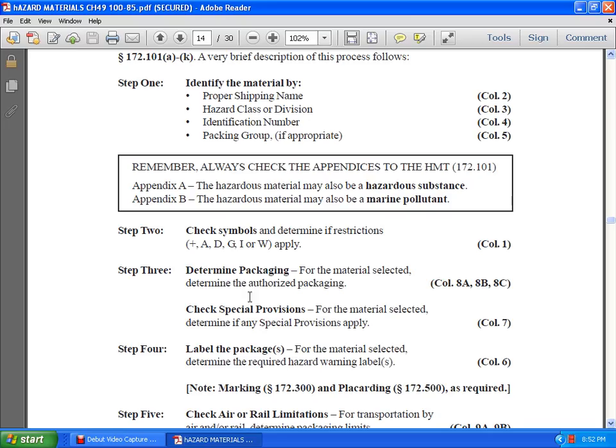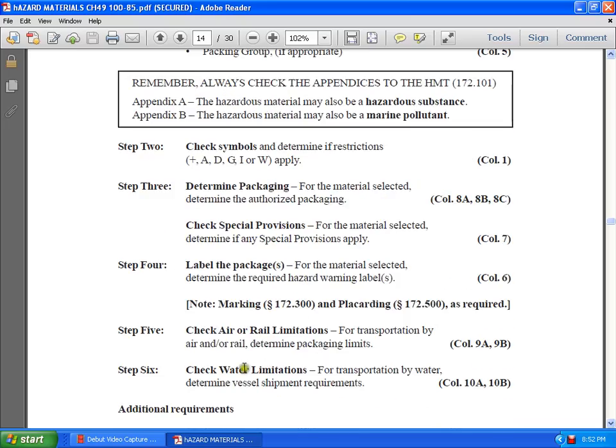Note the marking 172.300 and placarding requirement of 172.500 is required. Check all rail limitations, the transportation and/or rail determining package limitations at columns 9A and 9B. Step 6, check all the water limitations of the transportation of water, determine what vessel and shipment requirements of column